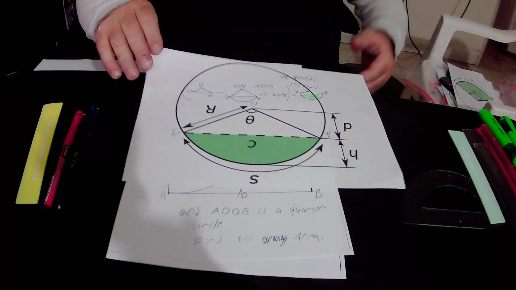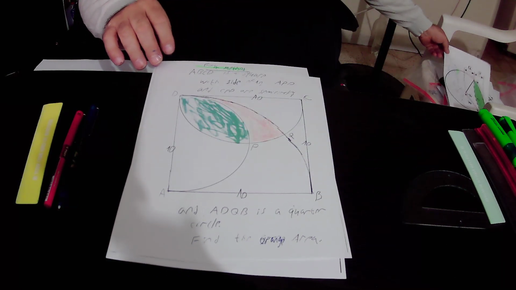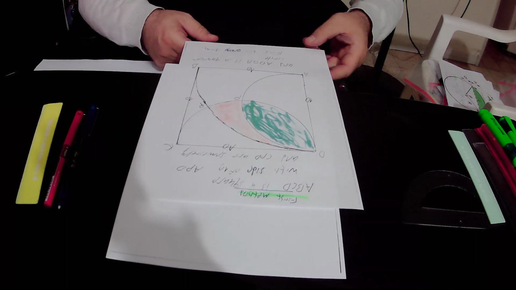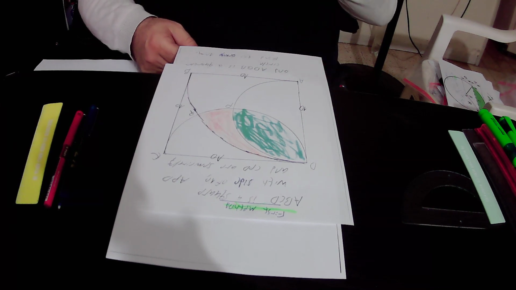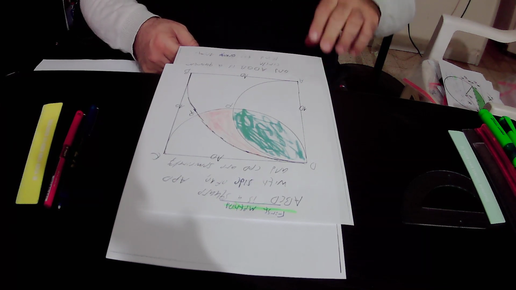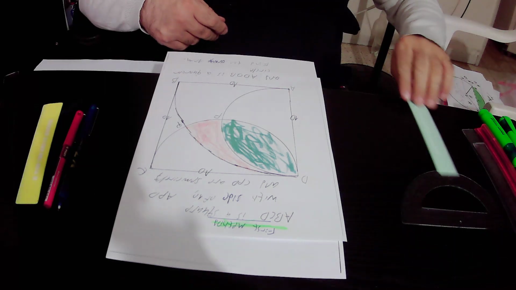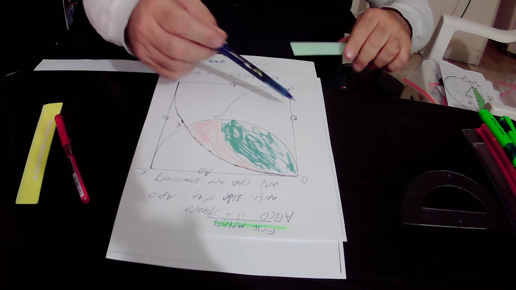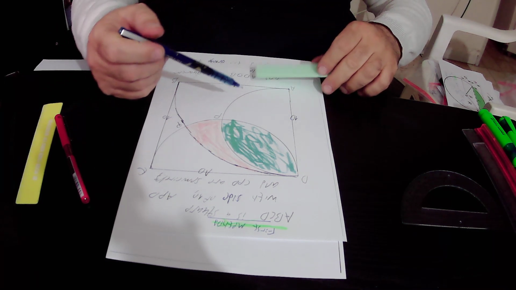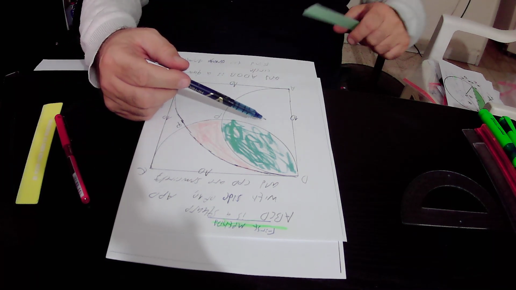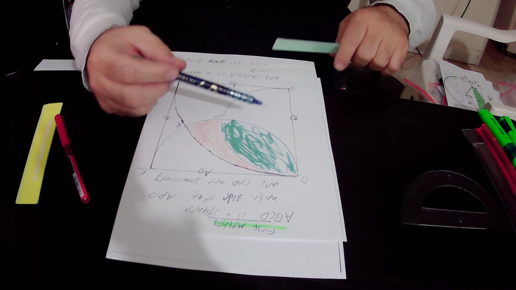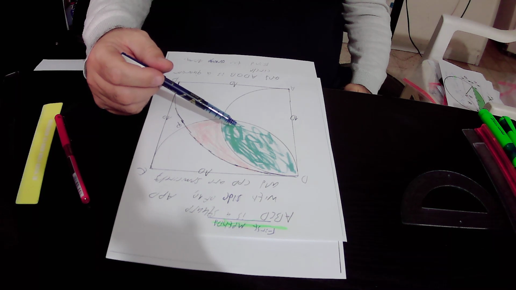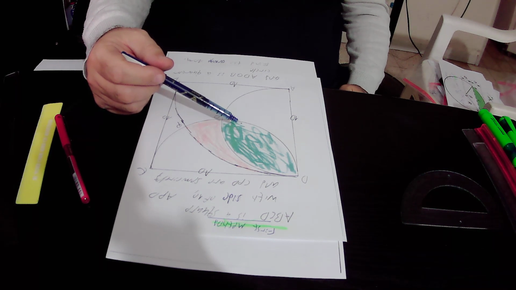Okay, so in the next step we will draw from the center of this semicircle. We'll start with the first method, and in the next step we will find the area of